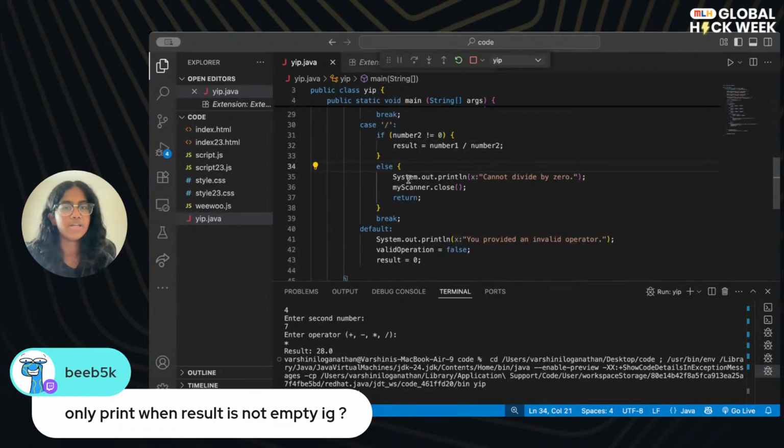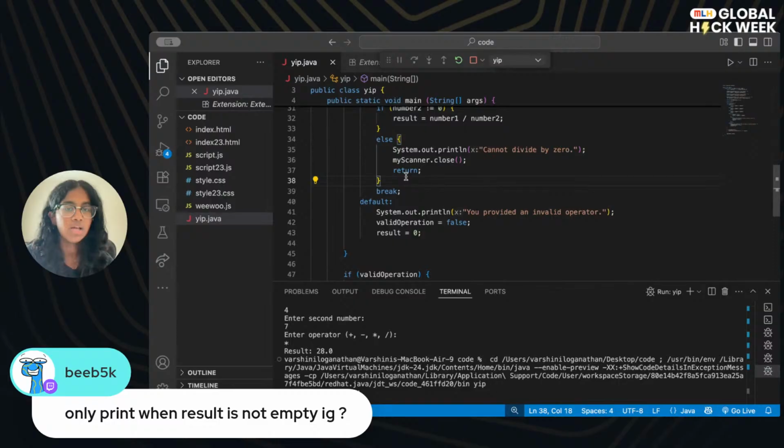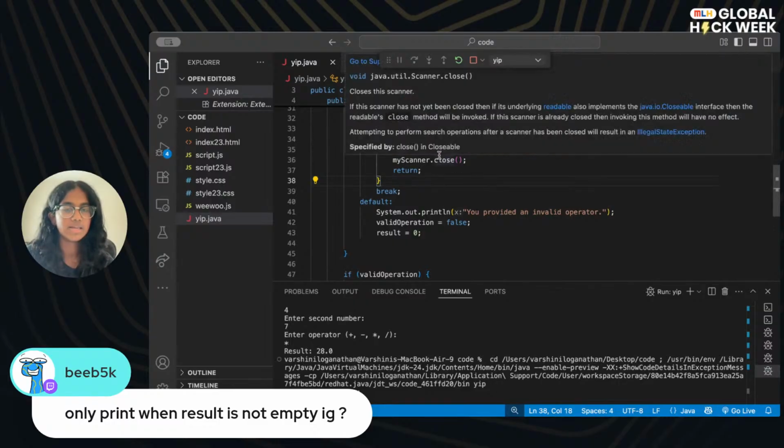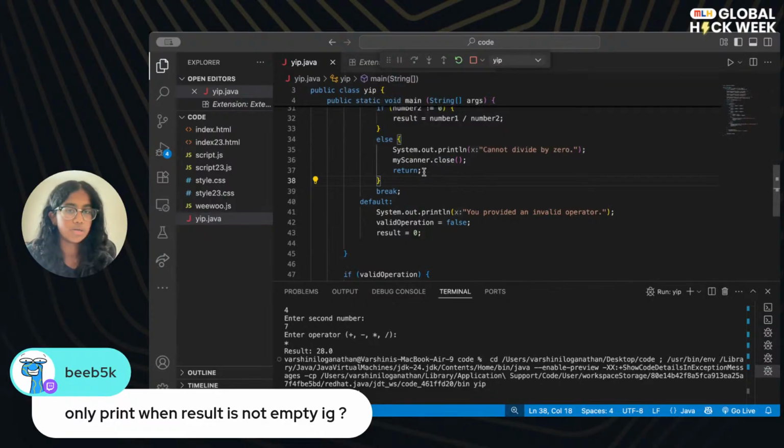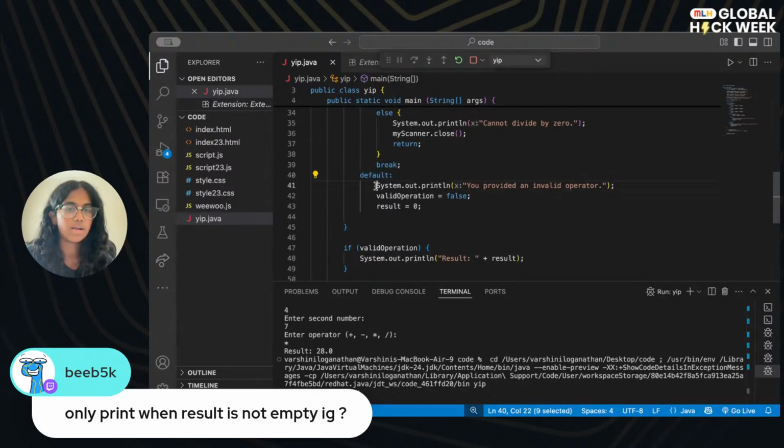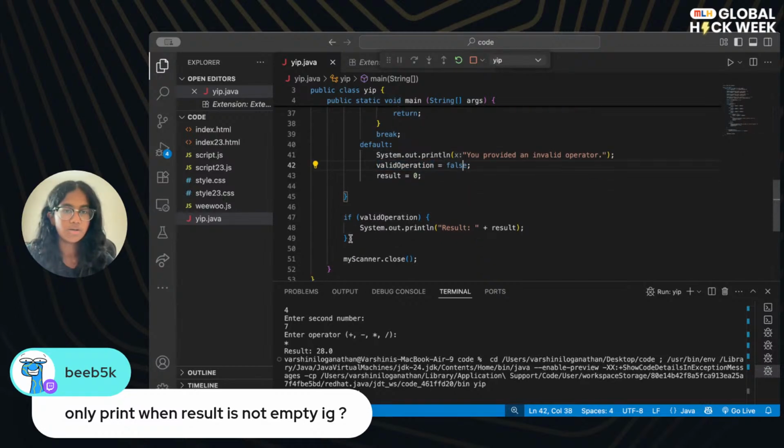So here you tell the user you can't divide by 0, you close the scanner, and you break. But the problem is that the result variable hasn't been updated. So that's why we've got our default case, just in case something goes wrong and we tell them you provided something invalid.